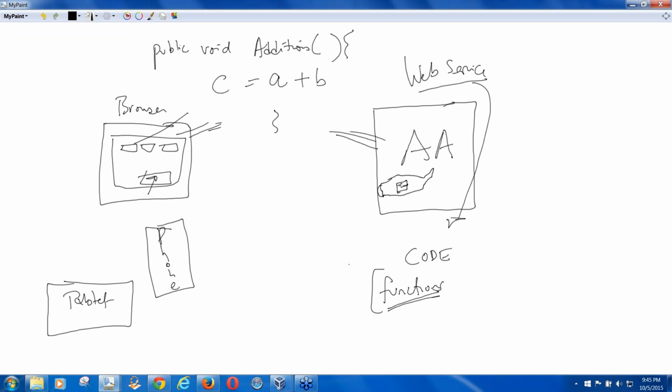Addition is a function, subtraction is a function, right? And we know how to create this function because we know that addition is plus, subtraction is minus, multiplication is that, division is that. These basic things we know. So a web service is nothing but a function like that, right? Do you have to create a web service every time you have a function for a business? The answer is